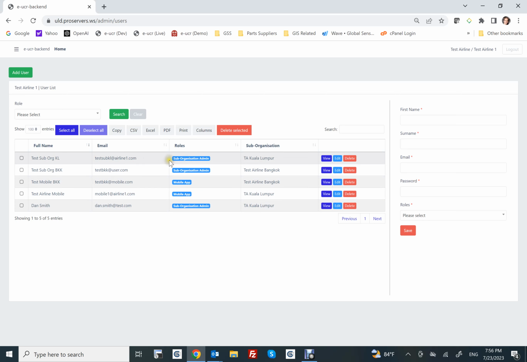Okay. When we want to create a new user, you have an add user button. You can select that. When you do, it'll actually clear out this area over here. So why don't we do this? We'll create a sub-org admin first, and then we'll create a mobile app user. So the first one we're going to create, we'll call him Don Johnson, and we'll say Don at airline1.com, and password we're just going to put